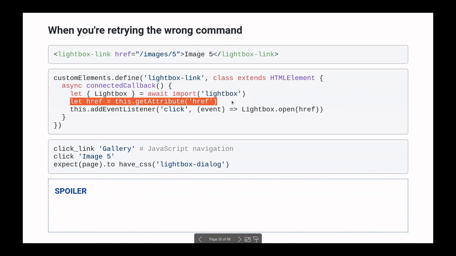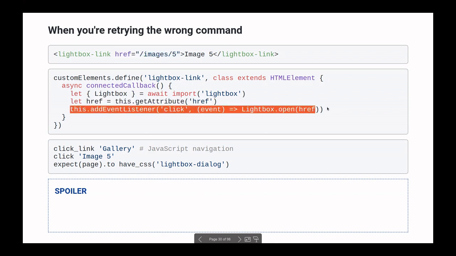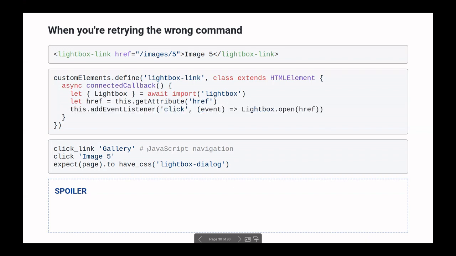Then we get the attribute from the element, and then we add the event listener that opens the Lightbox when clicked. And now we have a small test that uses the Lightbox code above. So we make a single page navigation to gallery, then click on the label, image 5 in this example, and then we expect to see the Lightbox dialog.